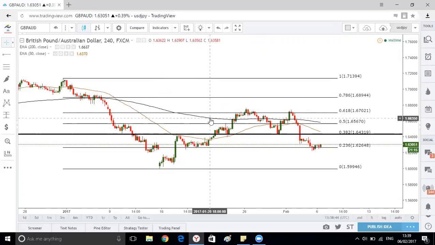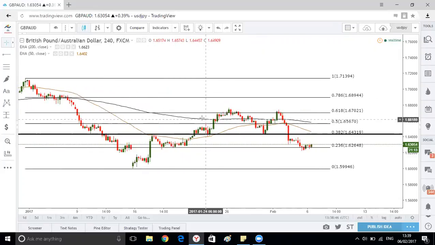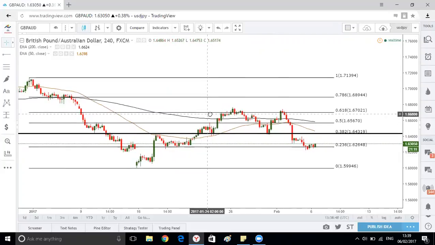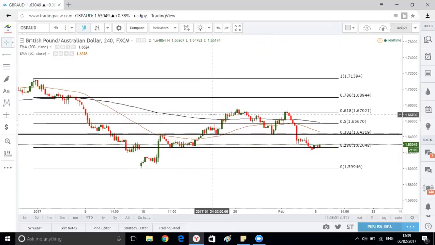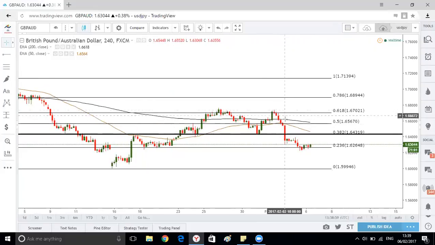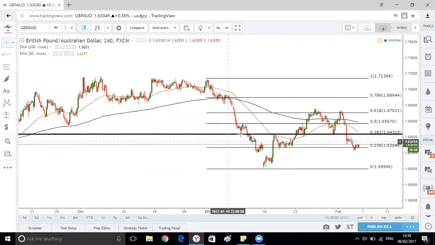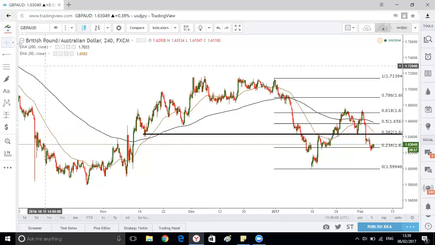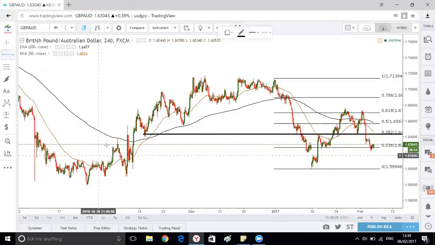And it's really like it works for me. So if it works for me, I'm gonna show you guys it works, and it will work for you if you do it correctly. Now you can see this level, it respected it. It did go back up, retested this 6.18 fib, and started going down again. Now price is at another level, a major level, and we can see,